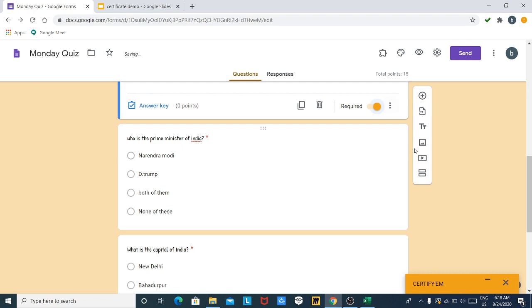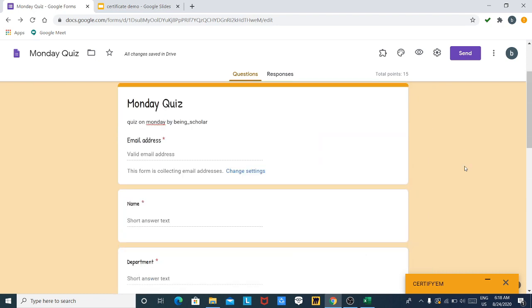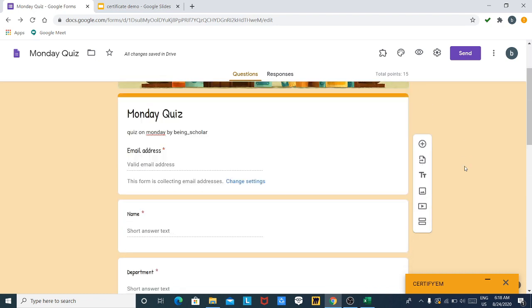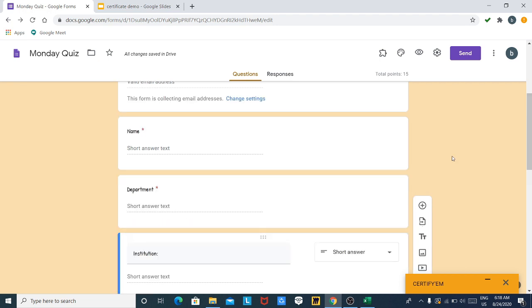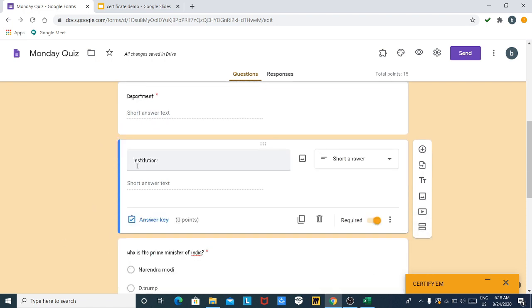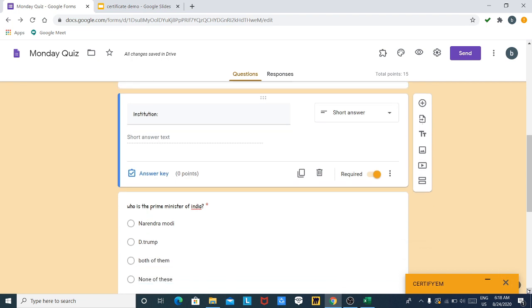Again, make it a required question. So now you can see that the form is demanding the name, the department, the institution. After entering these personal details, the participant will answer the questions.